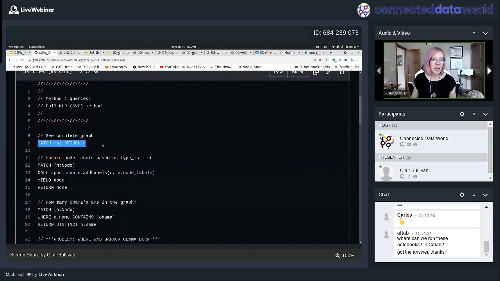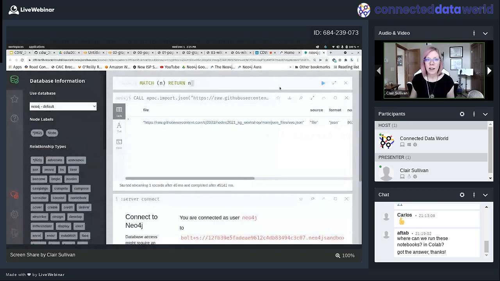So that's line 9. Now let me tell you a little bit about Cypher here. For those of you in the room who are more fans of SQL, this would be like select star and return everything from your database. When I see things, Cypher kind of looks like ASCII art. So when I have round parentheses, that indicates a node. Like nodes are circles within the graph, right? So round parentheses, I say I'm going to match all nodes and I'm going to give them just a variable called n, and I'm going to just return all of them. So let's see what we get when we run line 9 here. Okay, so let's run line 9.